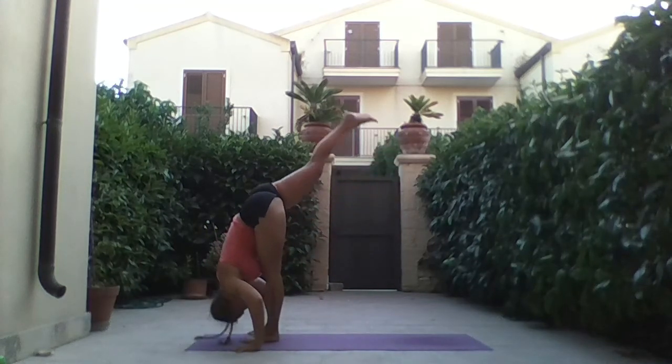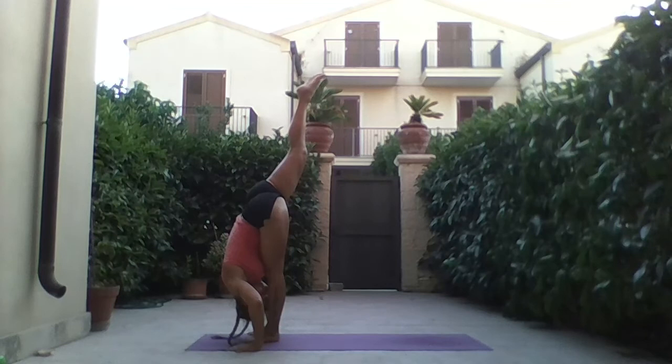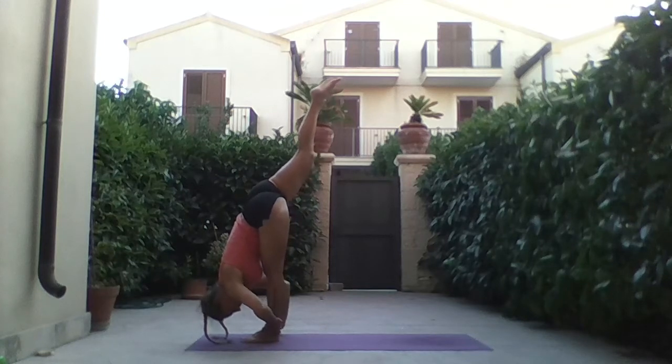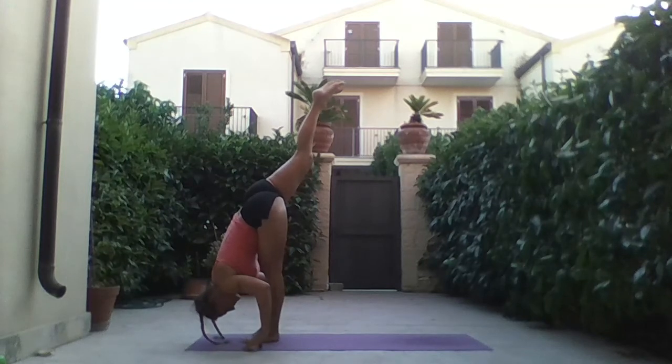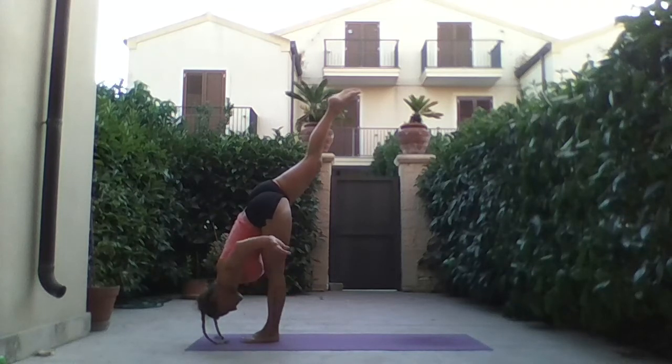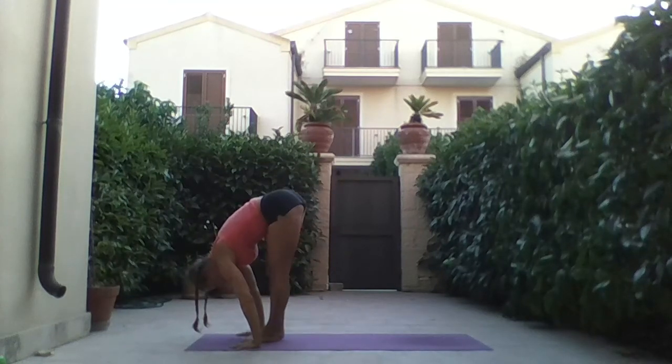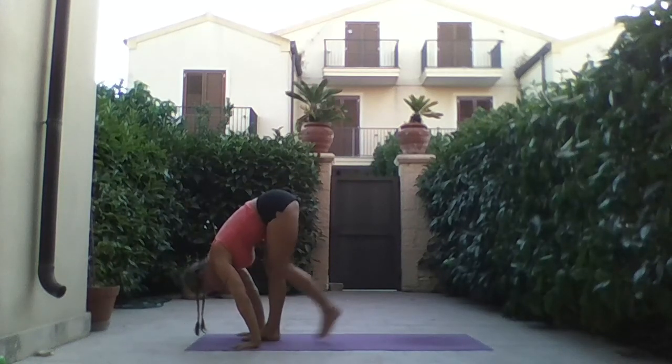Let's go ahead and take the right leg up one more time, coming into standing splits. And you can go ahead and work on your balance here, taking the ankle with both hands. Or you can completely lift the hands up off the ground if you like, challenging the balance, working on your equilibrium here. Take both hands back to the mat, take the leg down, and let's go ahead and move over to the